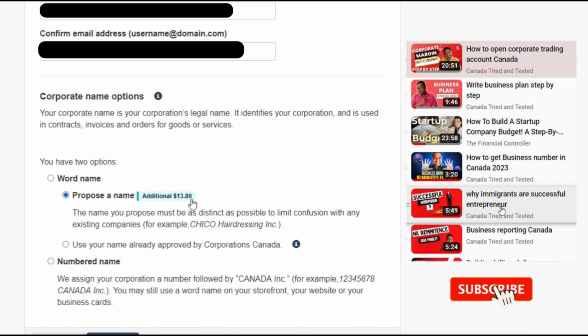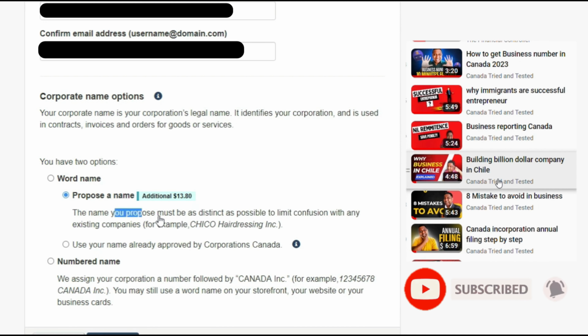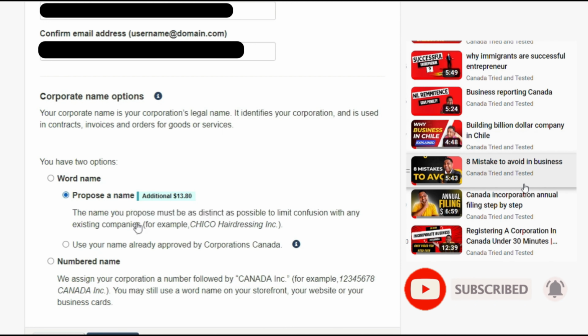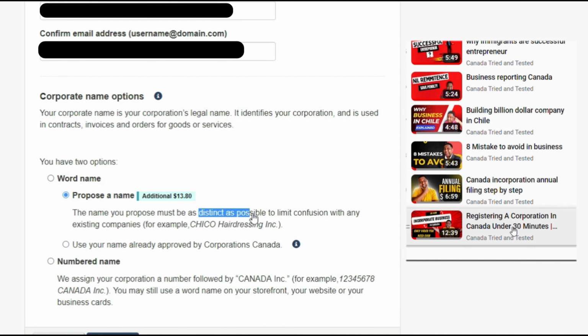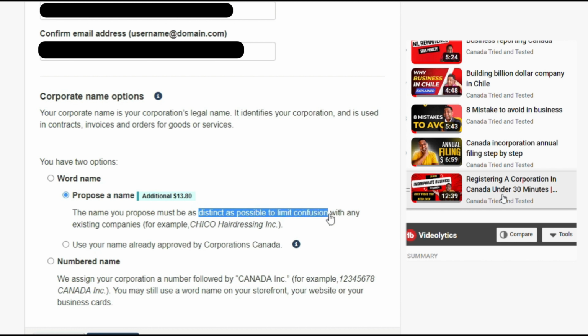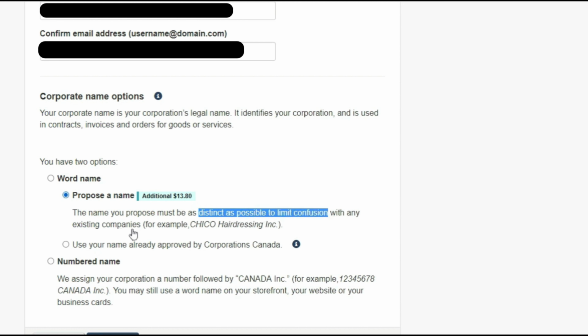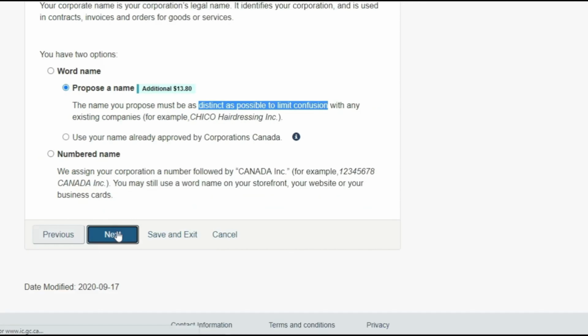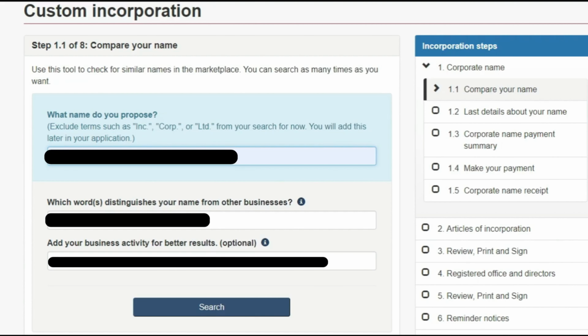You have to do one additional step for the proposed name, that is going through a NUANS report. During my time, ChatGPT was not there. Now we have ChatGPT. I would have definitely used ChatGPT to make it easy for me to fill this part of the application. Once we come to the next, what name do you propose? That name I entered, and then what is the distinguishing name from other businesses. I definitely would have used ChatGPT to make it easy,